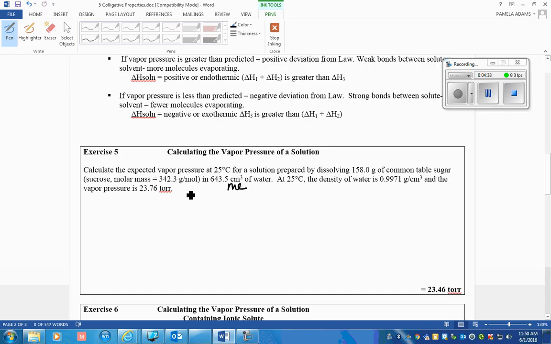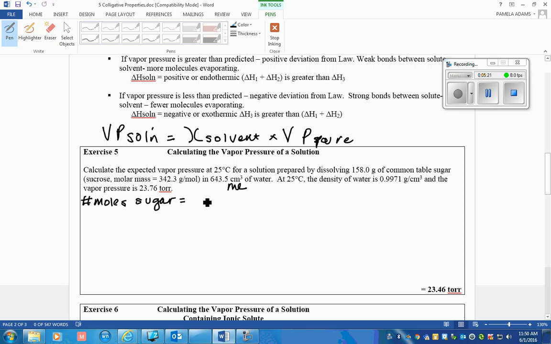Okay, now we remember that we're using Raoult's law, so the vapor pressure of the solution is equal to the mole fraction of the solvent times the vapor pressure of the pure solvent. And so the vapor pressure of the pure solvent is given to us; we need to find the mole fraction of the solvent. First thing we need to do is find the number of moles of the solute that is blocking the water. So the number of moles of the sugar